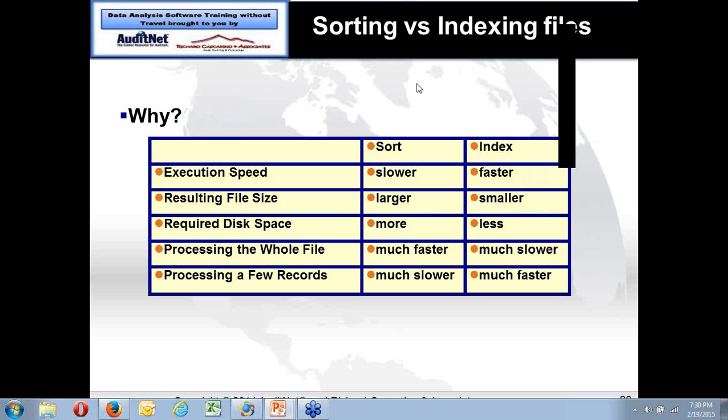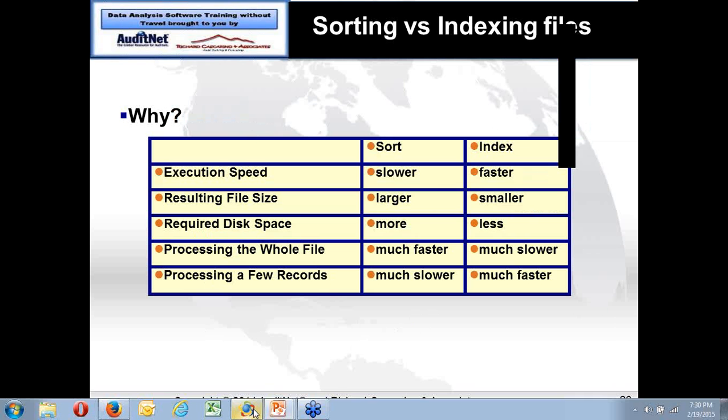But it's a problem. Give us the data as is. We will figure it out. I don't want you changing it. I don't want you editing it. I don't want you sorting it. Just give me the raw data and we'll figure out what to do. Now, one of the first things we have to do is get it into the right order. And we've got some choices. We can either sort or we can index.